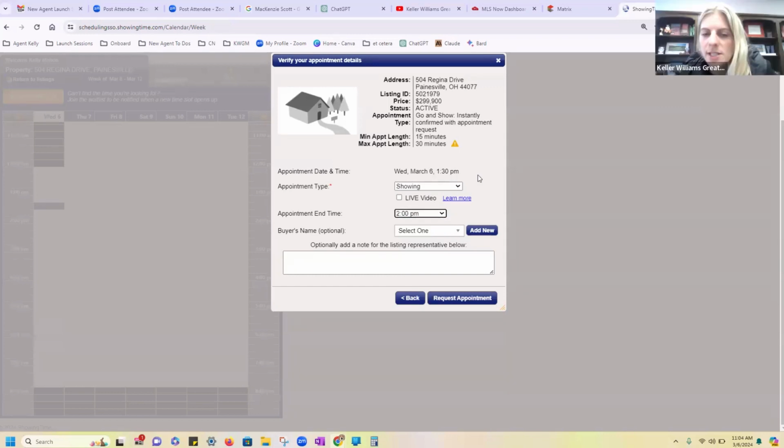The more the better, just in case anyone's lost. But 15 minutes is definitely enough time, especially if everyone arrives on time. But if available to do a 30-minute, I definitely would take advantage of that too, if they're super interested in the house. And then here you would just click request appointment